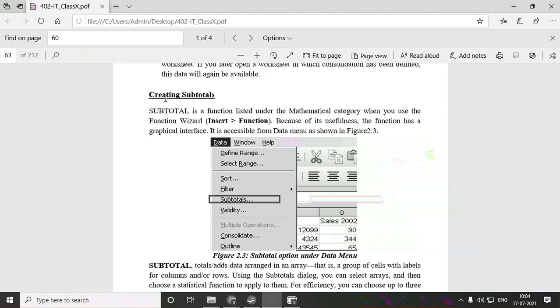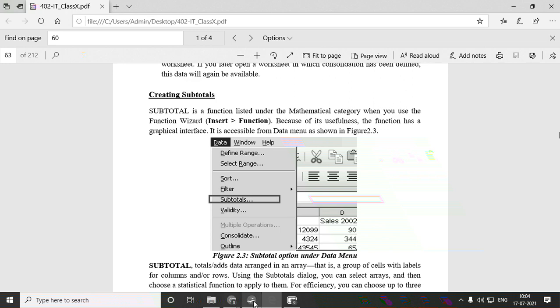If you want to find the total marks of that particular student, instead of using different functions like sum, you can do that with the help of subtotals. So it is used to find the grand total with the help of subtotal.